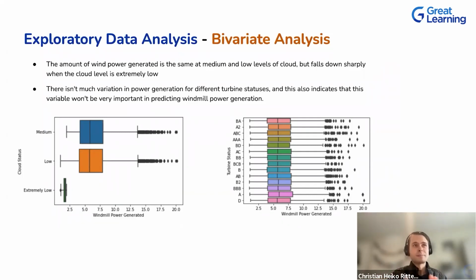weather status is extremely low, we don't expect much power generated. And I could go back to subject matter domain experts to verify this hypothesis. I can also verify that later when I build my model, to ensure the model has come to a similar conclusion or has derived similar relationships.